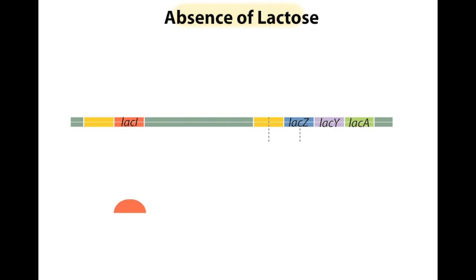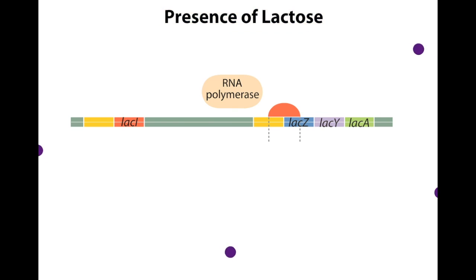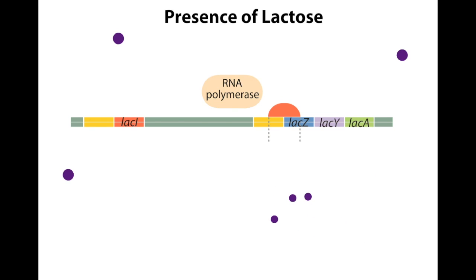In the absence of lactose, these repressors bind to the operator and prevent RNA polymerase from initiating transcription. When lactose is present, it is readily converted into allolactose, which may then come in contact with the repressor protein. Allolactose binds to the repressor protein and causes a conformational change that prevents the repressor from binding to the operator